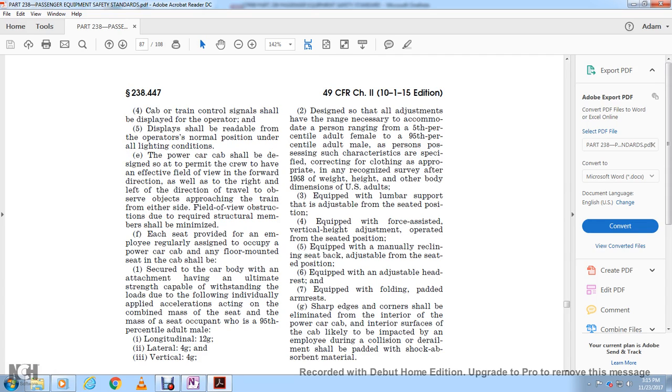The power car cab should be designed to permit the crew an effective field of view in the forward direction, as well as to the right and left, in the direction of travel, to observe approaching trains. The field of view on either side shall be maintained, with obstruction only from required structural members. Any floor mounted seat in the cab shall be securely attached to the car body with an attachment having the ultimate strength to withstand the following loads individually applied to acceleration acting on